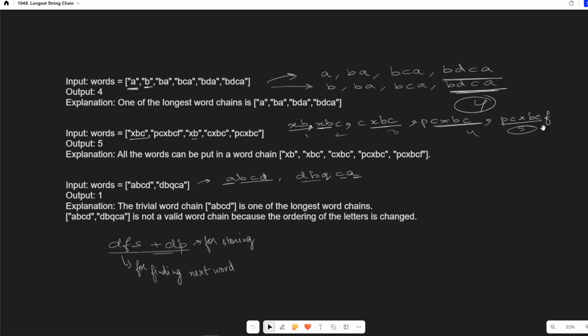So that's why we are adding up the words into the same and then it becomes the longest word chain with total words as 5. Then here in the third example, we have ABCD and